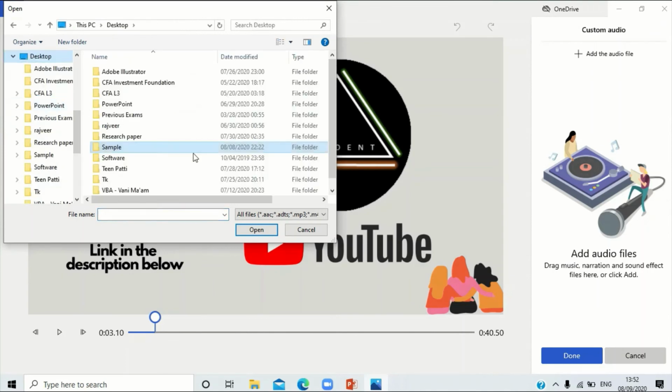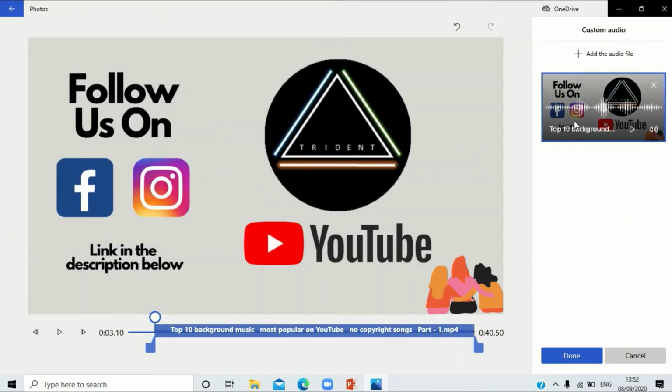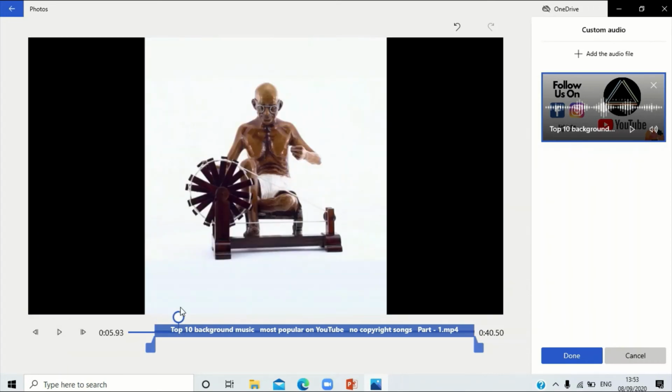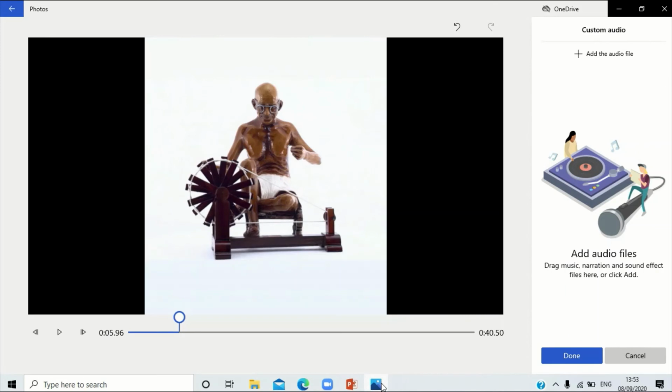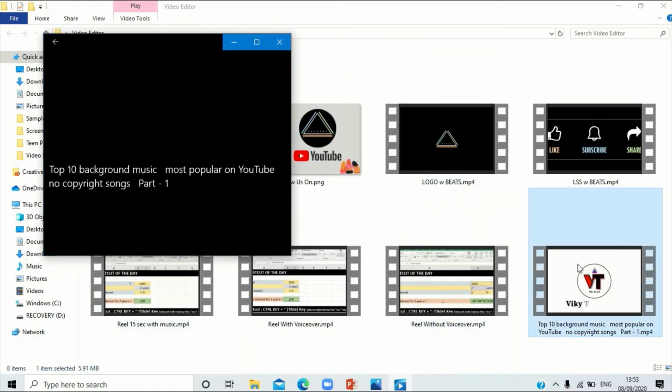again I'll just be moving on to the same video editor folder, and I have this top 10 background music for YouTube downloaded. But if I select this file, what happens is that the entire part of the sound that I have selected gets played from the start, and I do not want the initial music, I want a part of it. So I can just remove this audio file from here, and I can go back to my folder, and where I have this I can just expand it,